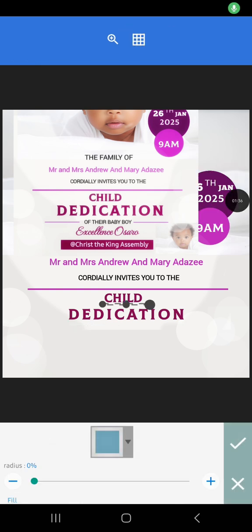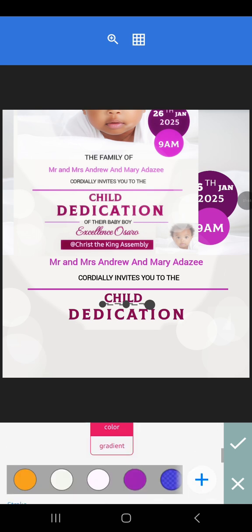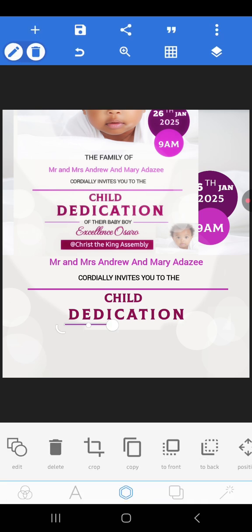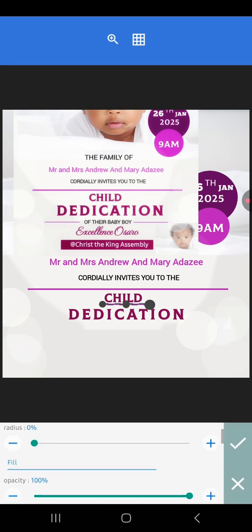So I can change the color. This color was used here. Not this color was used. I think this color was used. But the color is too